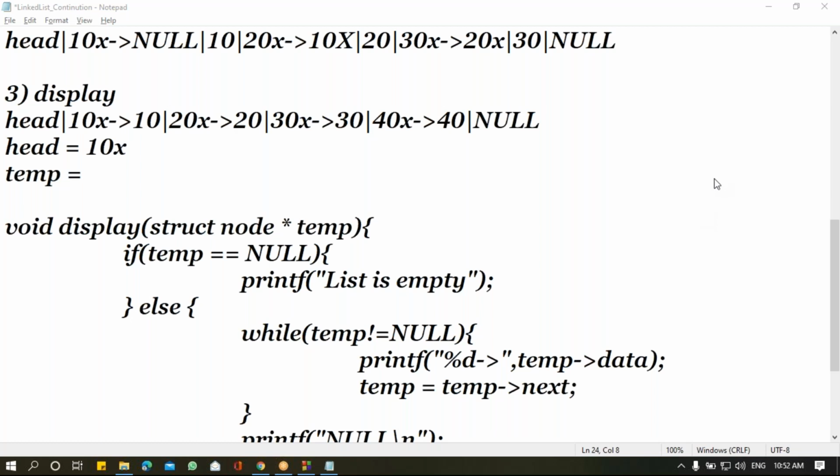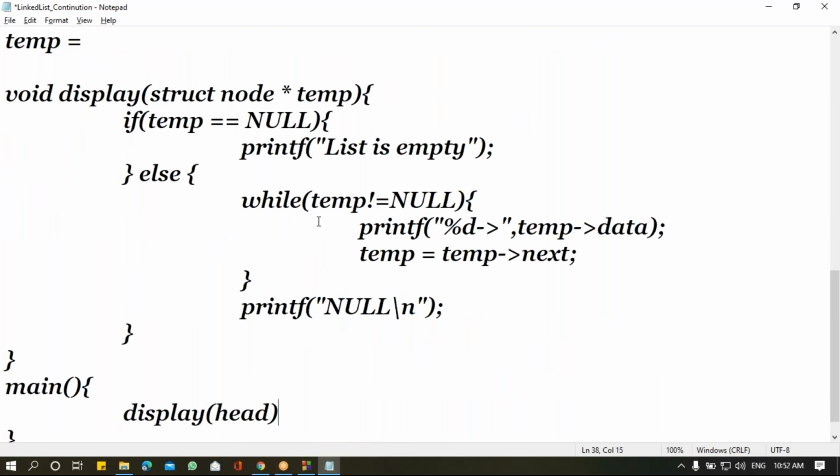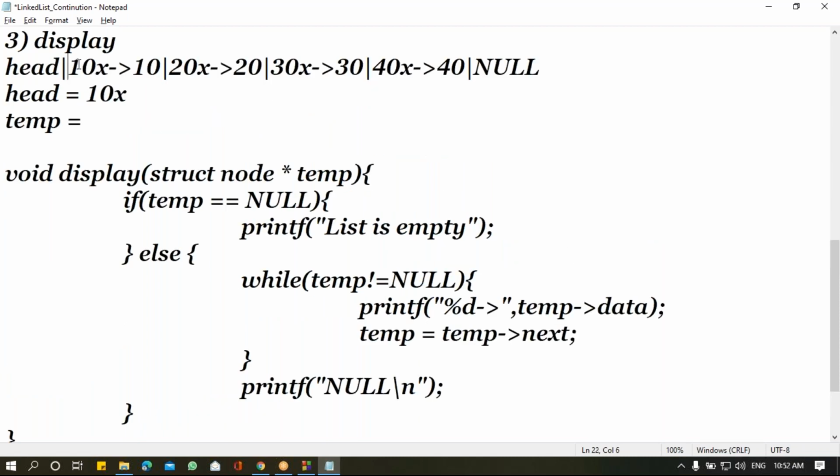Okay, so now you tell me: what is the value that I'm going to get for this step? From my main function, I'm sending the starting address of my head, correct? So what is the value that will be stored in my temp? I'm sending the starting address, so what will be stored is an address, correct? So I'm going to create a variable temp which is going to store the address of my first